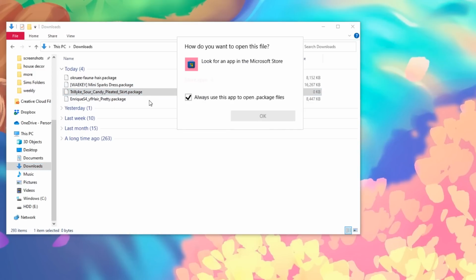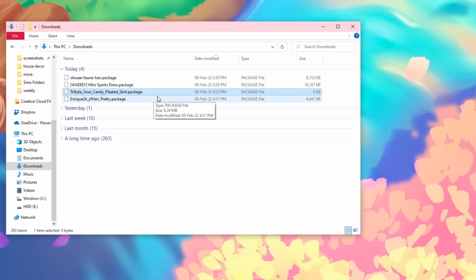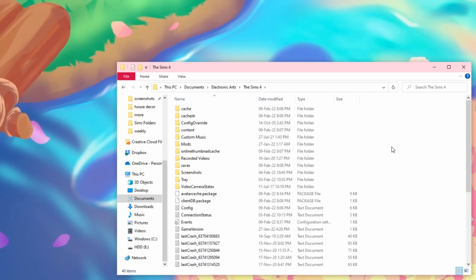As you can see, it doesn't work. Don't worry about that. You do not need to open these files. What we're going to do is find the Sims 4 folder on our PC. So here I have the Sims 4 folder open. You can see how to get here, but again, you just go to This PC, and then we're gonna click